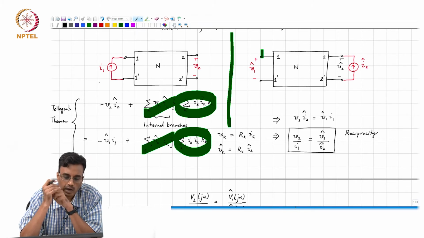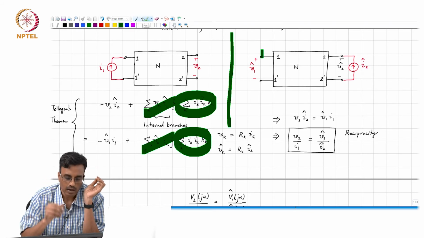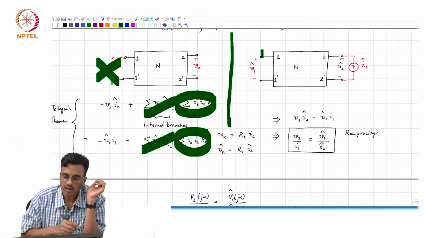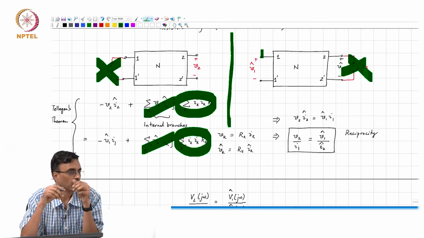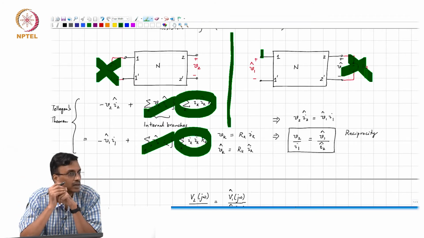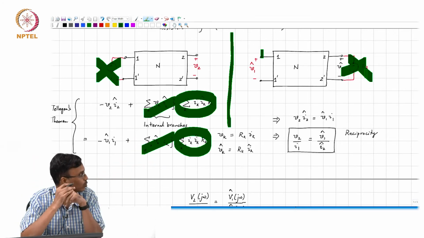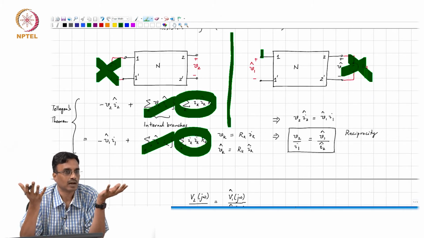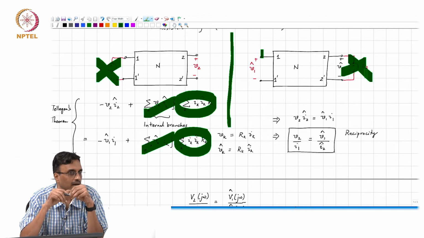One thing that I'd like to point out is that if you de-energize all the sources, in other words, this is not around and neither is this, what comment can you make about both the networks? So, if I remove I1 on the left and I2 hat on the right, if I look at the two pictures, what are they? It's exactly the same. So, please bear that in mind when you apply reciprocity.